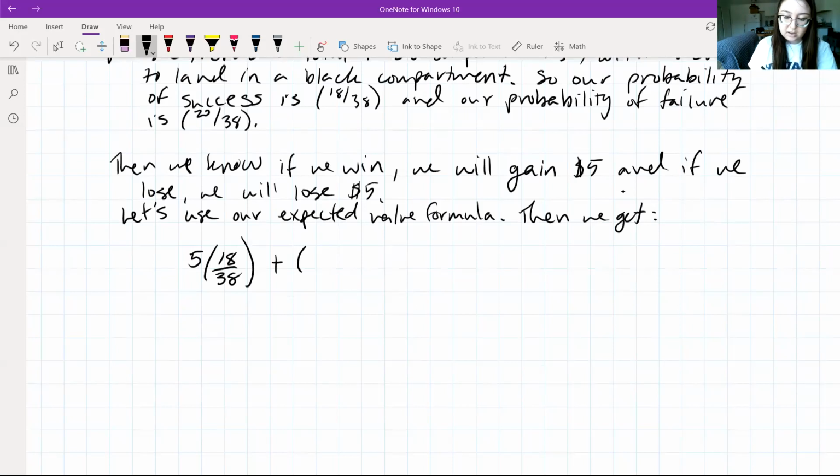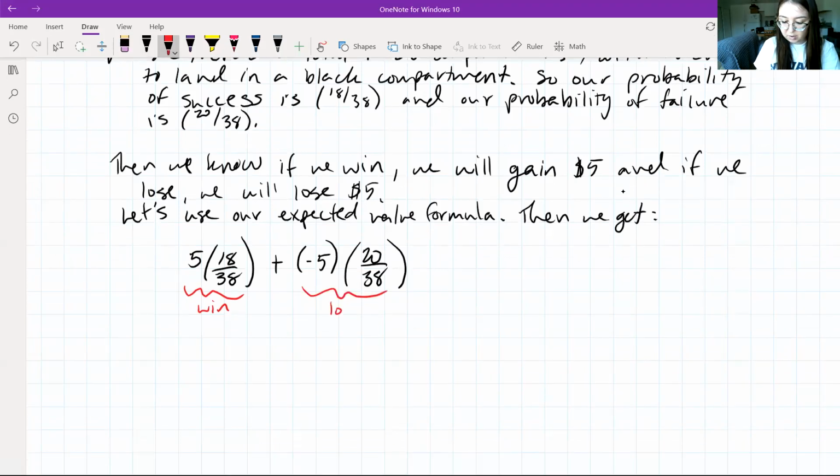Plus, and now we have our option of losing. So we're going to lose $5, so we're going to say negative 5 times that probability, which is going to be 20 divided by 38. This is going to be the probability of losing. So all we need to do is multiply these values and add them together to find our expected value. So when we do this, we end up getting